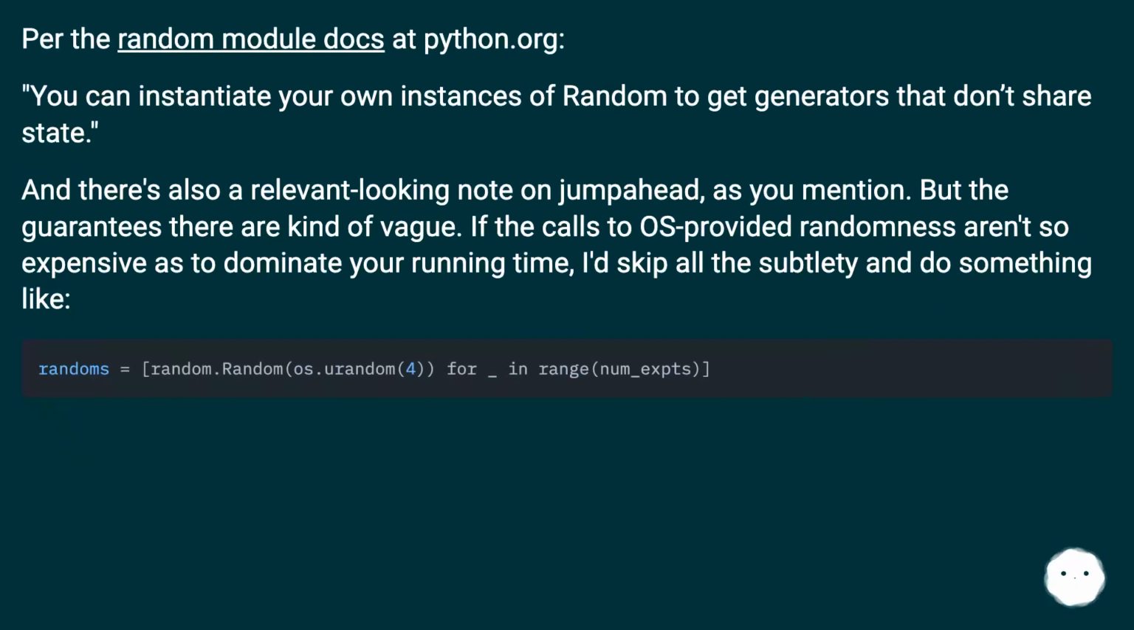Per the random module docs at python.org, you can instantiate your own instances of random to get generators that don't share state. And there's also a relevant-looking note on jumpahead, as you mentioned. But the guarantees there are kind of vague. If the calls to OS-provided randomness aren't so expensive as to dominate your running time, I'd skip all the subtlety and do something like